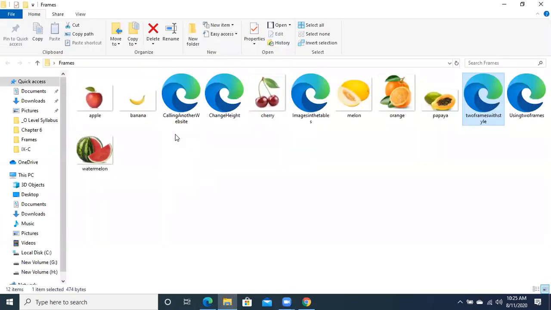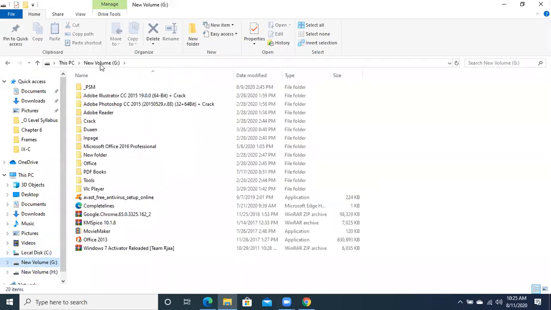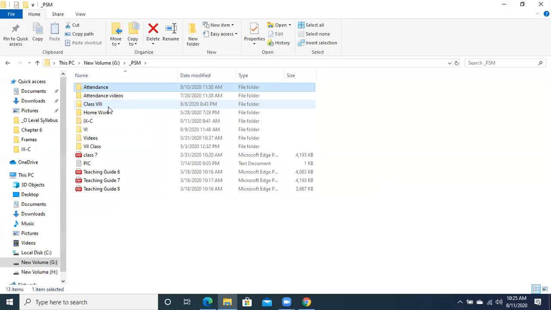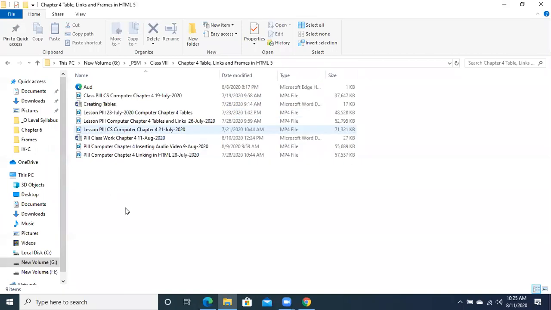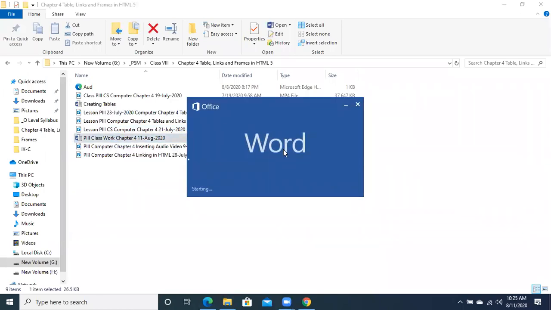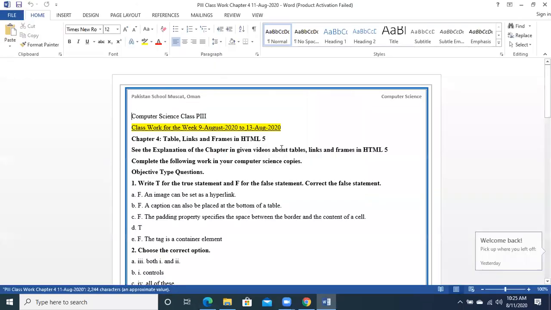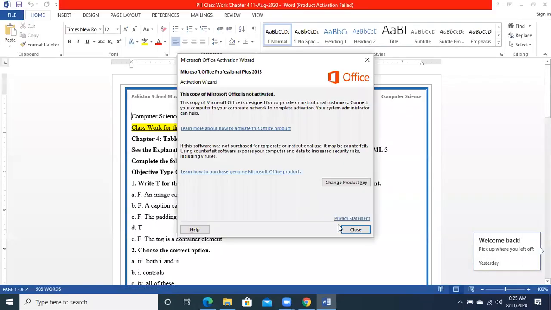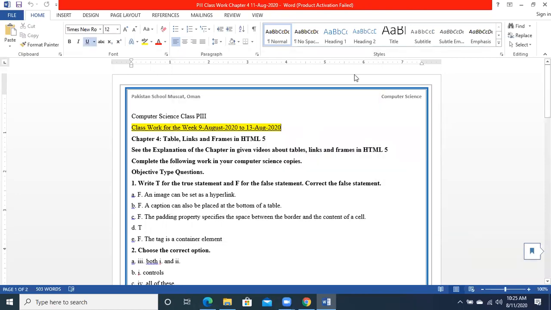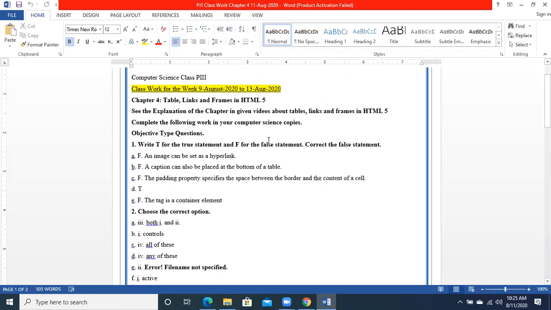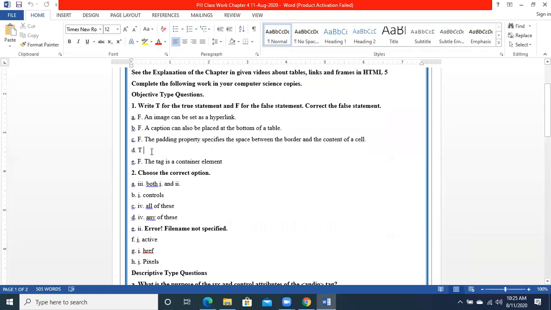Acha ji. So now I'm going to discuss the exercise of this lesson, and this lesson is now complete. Keep in mind, the next lesson that we will do is about Audacity. I am going to upload this work in your Google Classroom, and this will be the work that you have to accomplish for this week. The work is not that much in quantity. These are basically the exercise questions. The true false questions are there in your exercise. Simple statements are there, and if the statement is incorrect, then you have to write the correct statement.